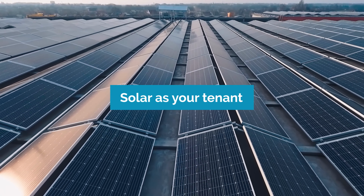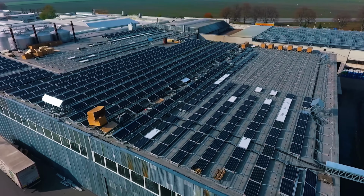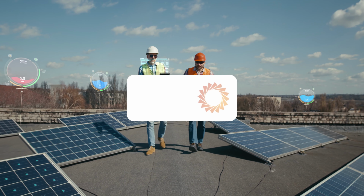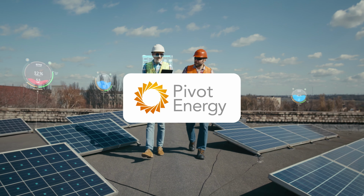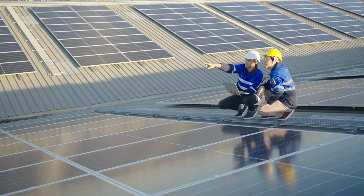This innovative model directly increases your NOI by generating steady rental revenue for around 20 years while eliminating traditional complexities and costs associated with solar ownership. Gone are the complexities of navigating solar for your tenant, concerns about recouping your investment, and even system upkeep. Our team at Pivot manages and maintains the system, sending the energy directly into the grid and ensuring that your building's electrical systems and tenant operations remain unaffected. We'll also ensure your roof is inspected pre and post install and your warranty is upheld. Working with a turnkey developer like Pivot allows you to sit back and collect checks from your new favorite tenant,